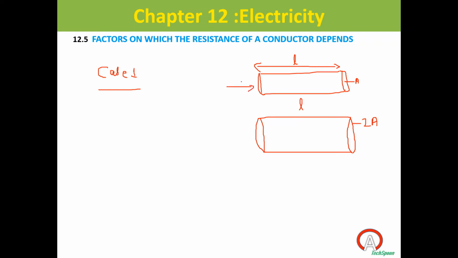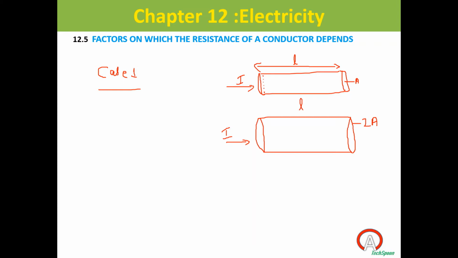Here let the current be I. Then what will be the current here? Whether it will increase or decrease? How will we find out? See, here current means the unit charges flowing through a particular cross section of a conductor in unit time. That is the amount of charges flowing in 1 second, or rate of flow of electric charges.